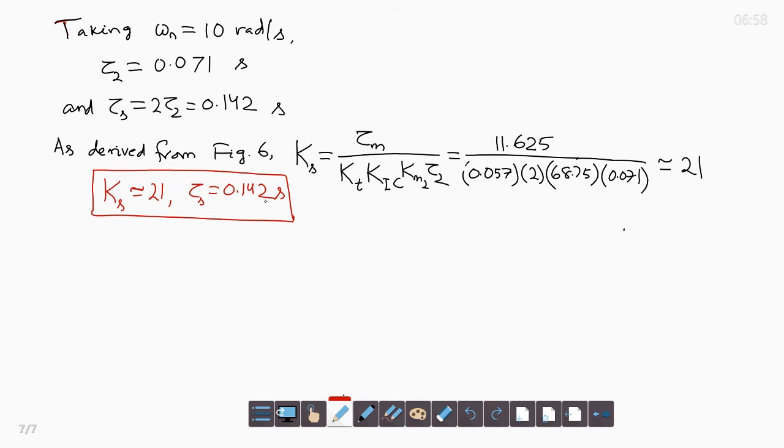So this analysis provides a basis and guide for selecting the parameters and gains of the controller for the drive. This is a typical example. You can work out for any motor of any rating or as per the requirement of steady state error, settling time and natural frequency. So any controller can be designed.